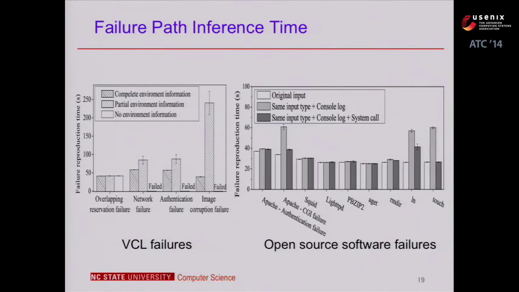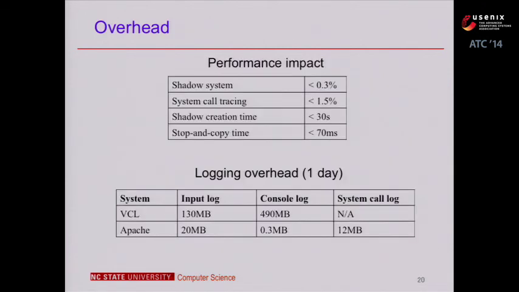Here's the failure path inference time. It includes the scenario creation time and the binary exploration time. The system can achieve very fast results, within minutes. Lastly, I'm showing the overhead of the system, that is, its impact on the production system. For the scenario system, it's about 0.3%. With system call monitoring using SystemTap, it's about 1.5% for Apache, with the load of 50 requests per second. There are also some results for logging overhead here, and it's very small compared to modern storage.